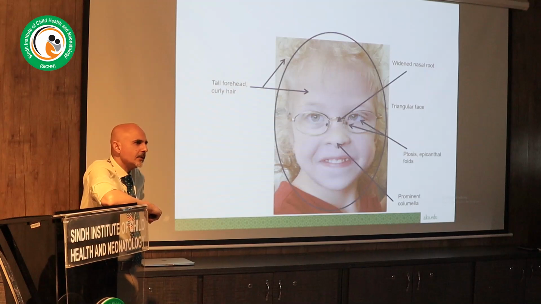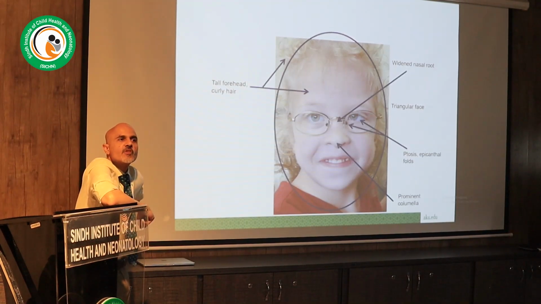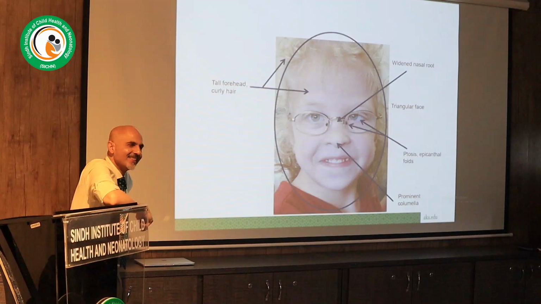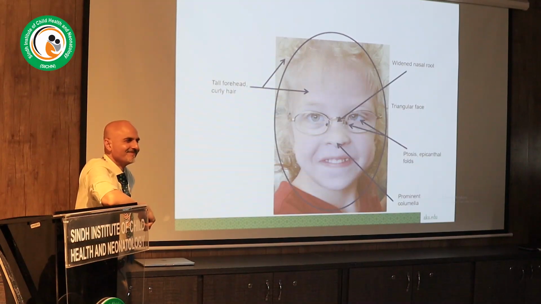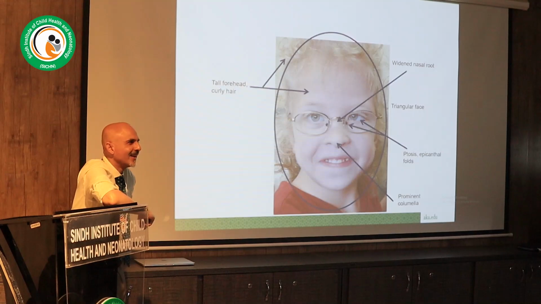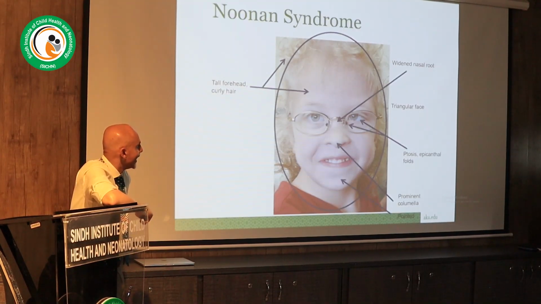If I were to tell you that this patient has pulmonic stenosis, would that point you to a certain diagnosis? That is a very classic heart lesion in this particular condition. Dr. Femina already knows the answer. She's deliberately staying quiet. Okay, and if I say there was a webbed neck that this patient had, Turner में facial dysmorphism almost negligible होता है. No, this is Noonan. ठीक है ना.